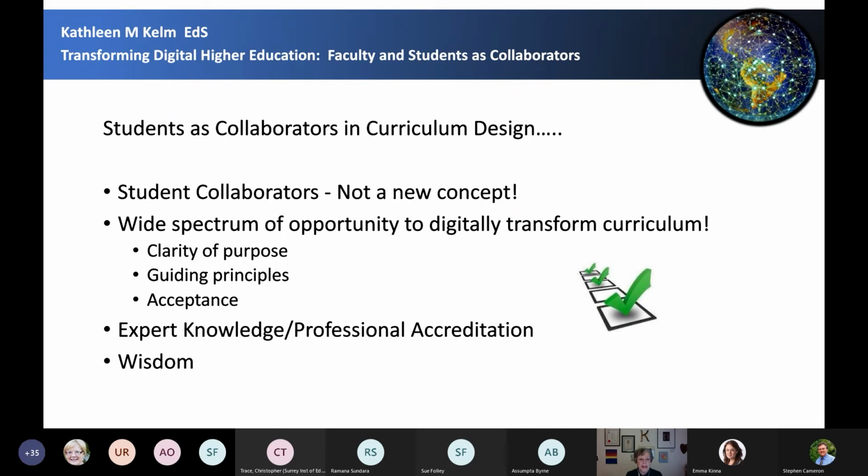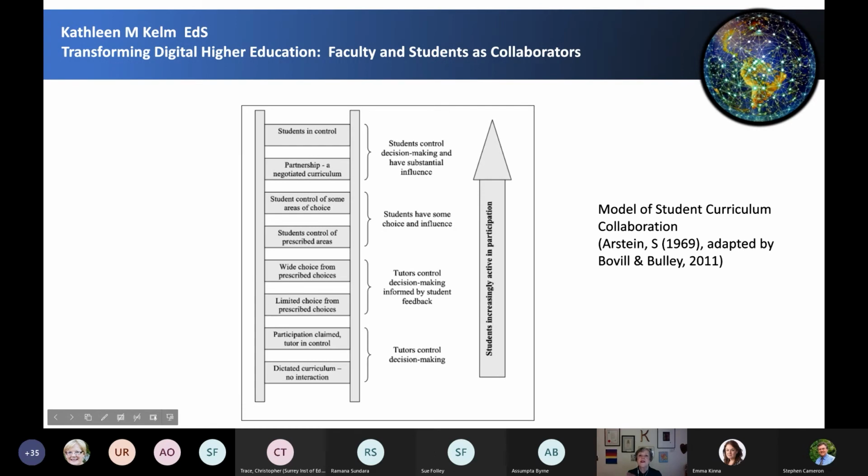What I find fascinating here is this notion of expert knowledge and professional accreditation. I live in the world where computing technology requires professional accreditation, and yet what they're really seeking is wisdom. I could get onto another tangent about wisdom, but I'll leave it there. But there's an inherent amount of wisdom that we may be able to foster coming from our students if we put them in a mode that allows them to use their autonomy as collaborators within a constructivist environment. Next slide, please. By the way, students see high value in this.